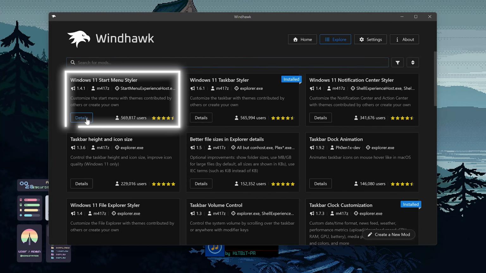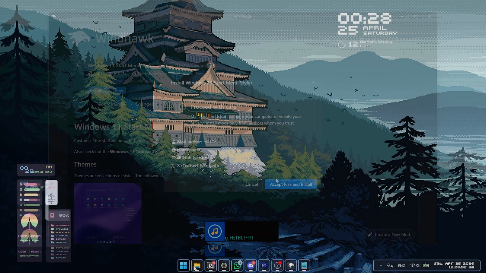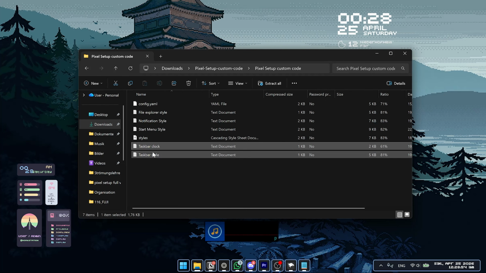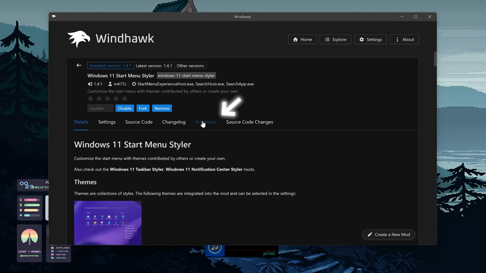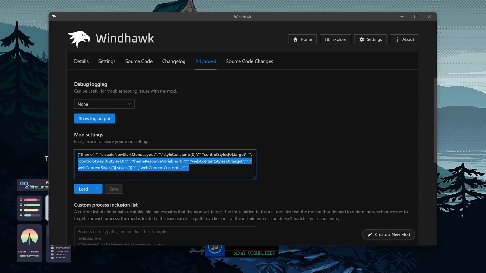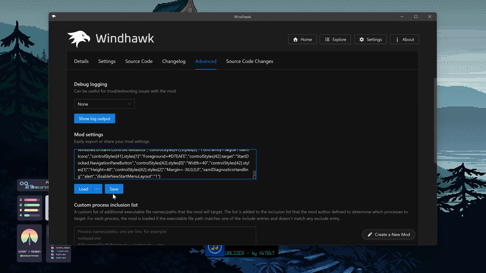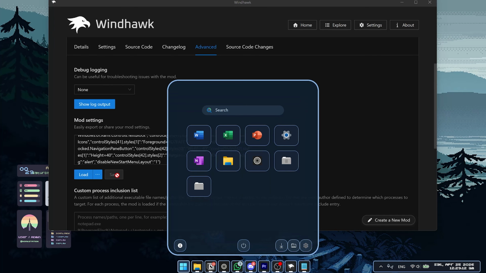When you have found it, click on details and install this mod as well. Again though, we will need a custom code, so get back to the codes folder and open up the start menu code. When you have it open, copy everything and get back to Windhawk to place the custom code in the advanced section again. Then follow all the steps from before and you now should have this sleek minimal start